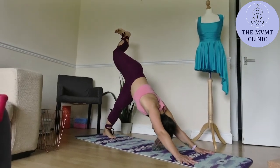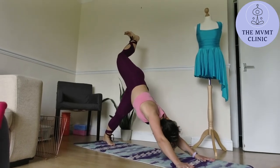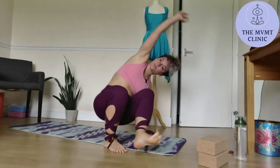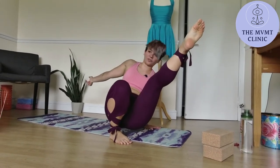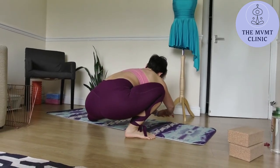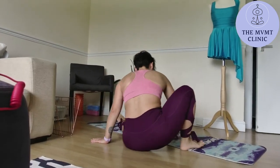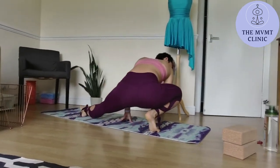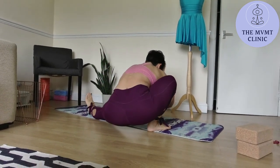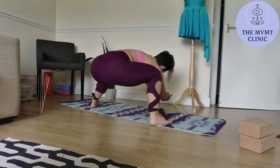Right leg up, right knee to right elbow, right leg up, into a low lunge. We're gonna take it through, lift that leg as high as you can, take it back, shift into a side lunge, maybe sit if you need. If you struggle to sit, don't come on the toes, please. Come and stay nice and high. Sit or not. If you sit, then we're gonna take it back up, shift to the other side,